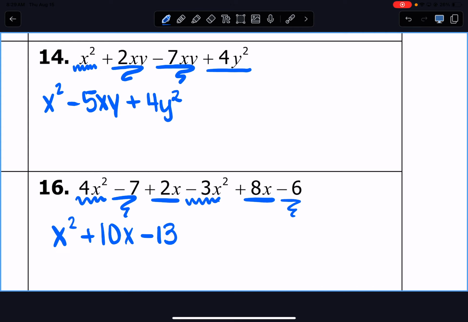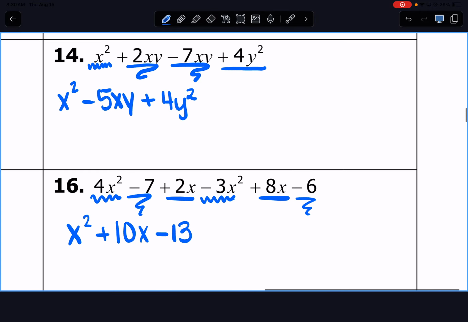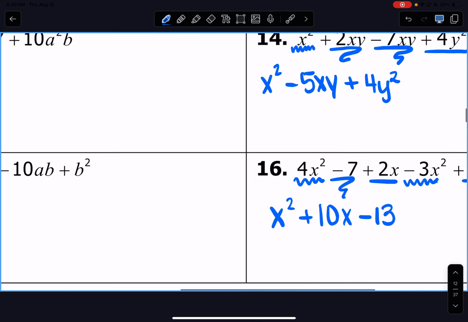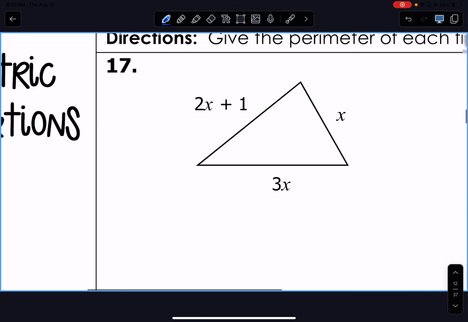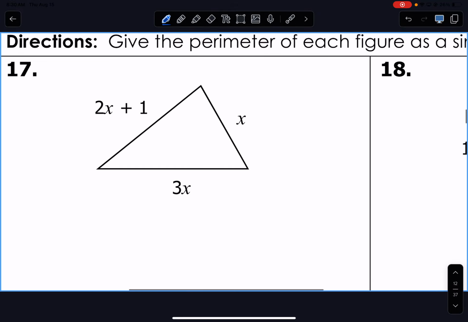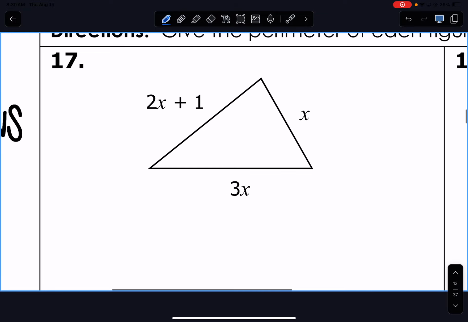Anybody have any questions on combining like terms, or are we good? Okay. We're going to go ahead and look at the geometric application real fast. We're not going to do a bunch of these. We're just going to do one to talk about it. So this one,